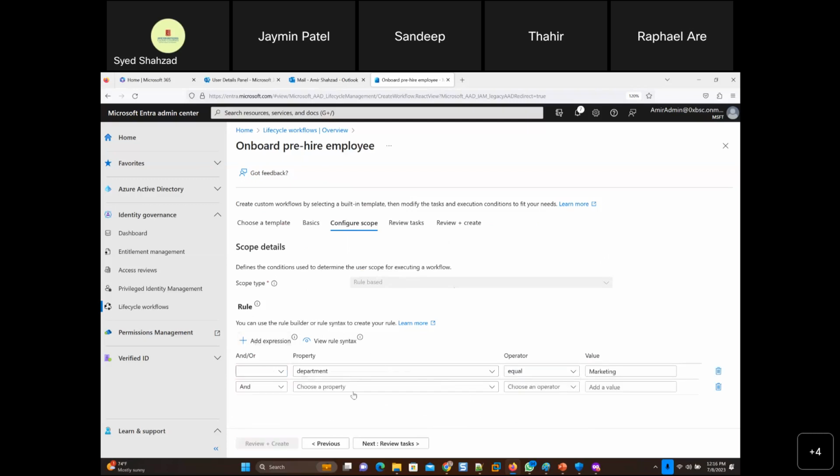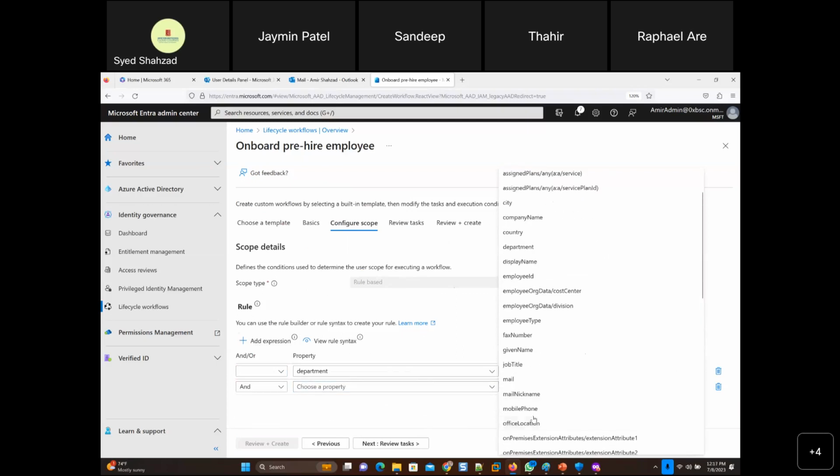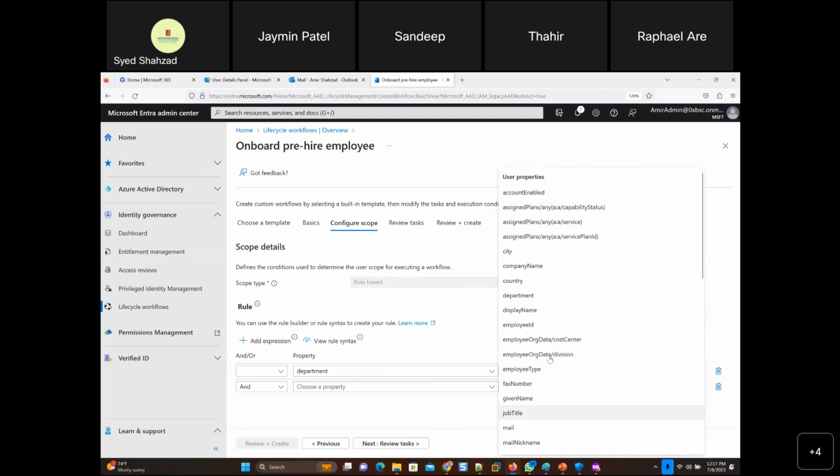Suppose I go for another expression, and I want that user to be added to certain groups as well. But yeah, you can go for employee ID, fax number, given name, job title. So if this user is added to the marketing department, the job title should be this.